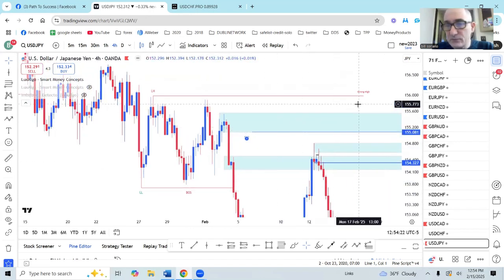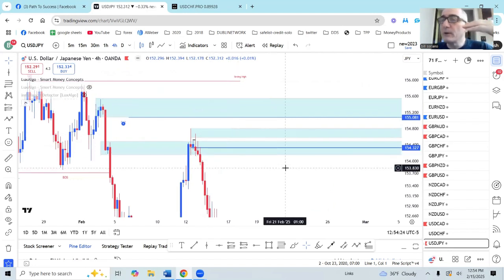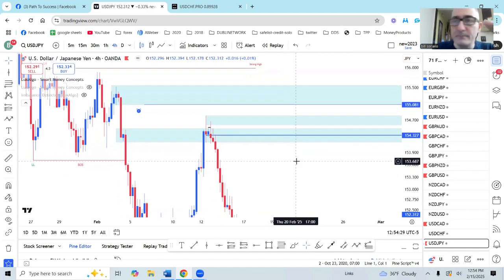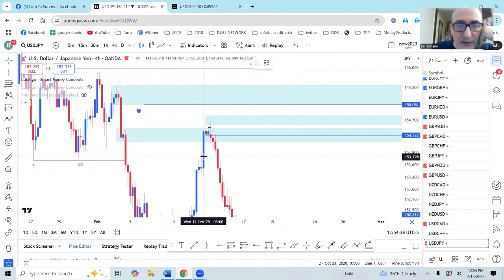And this would be a decisional area as well. So that's why we have to wait for our confirmation. And our confirmation occurs on the lower time frame. We drop down to the 15-minute for that. Okay. And so just so I can show you, because sometimes I forget, this is the 4-hour candle that goes